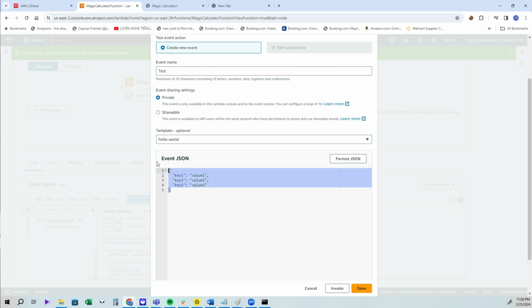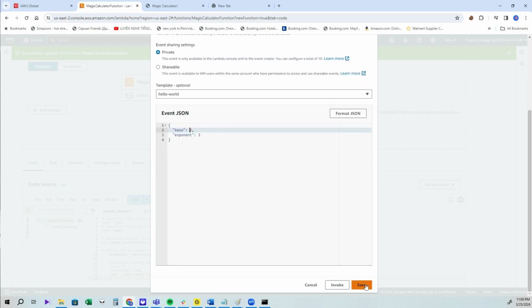I'm just gonna replace it. So base and exponent, and it can be any other. And what I learned in Python is that we usually put quotes when it's a string, and we don't use any quotes when it's an integer. So then we click on save,